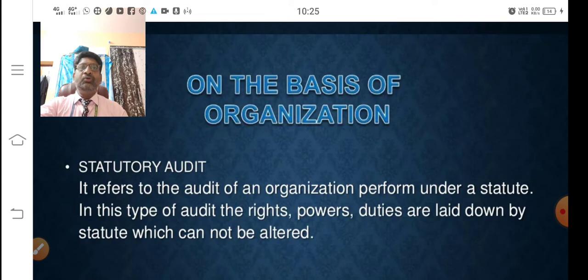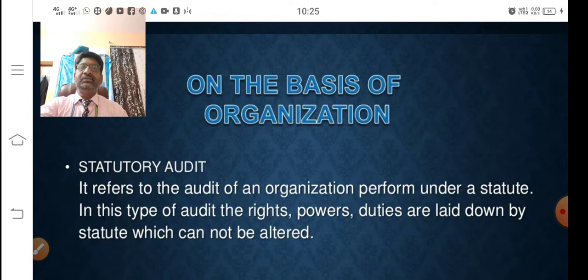You have to understand, this audit is an independent audit. This audit is an external audit. It is also called complete or full audit. It cannot be partial. So, this audit can be carried out in a number of organizations such as joint stock